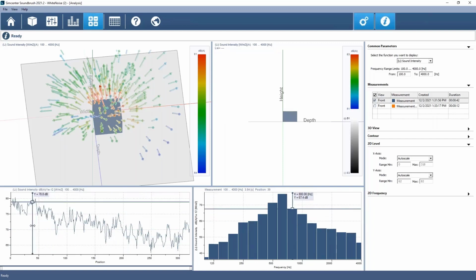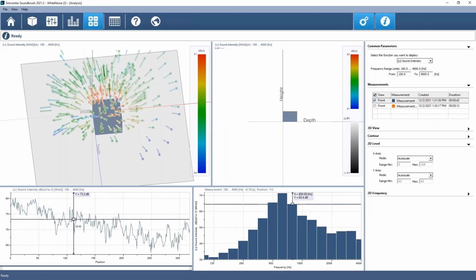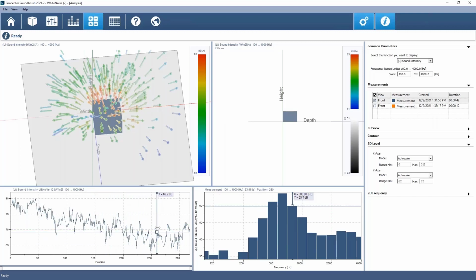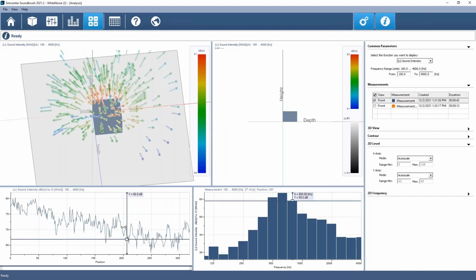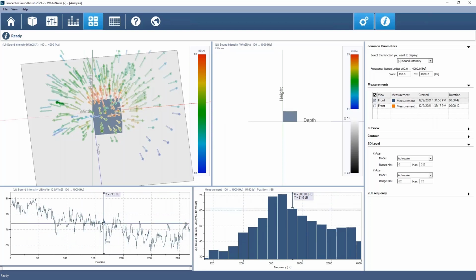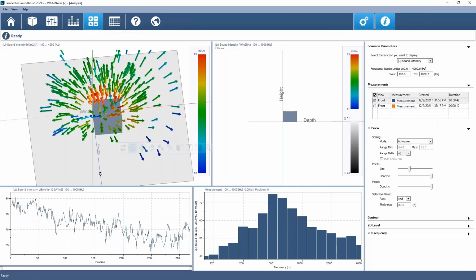Let's see if I can get to one of these a little bit more interesting red guys here. Okay, so that's this vector position right here, and I see this frequency information is a little bit different. Okay, so it's white noise or some broadband noise, but you see the frequency content is changing as I move around. And obviously the level is as well, because I'm getting further away from the object. Okay, so that's the point by point assessment.